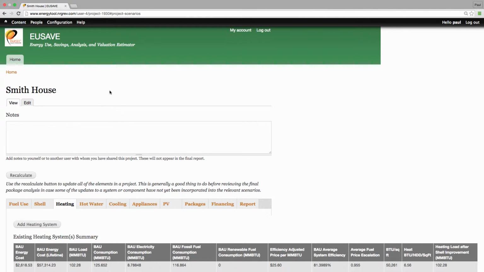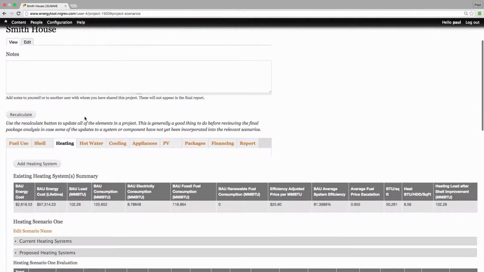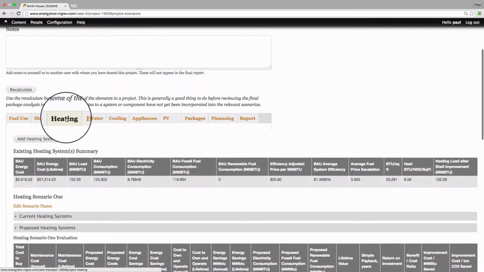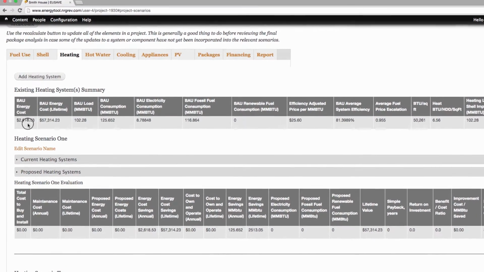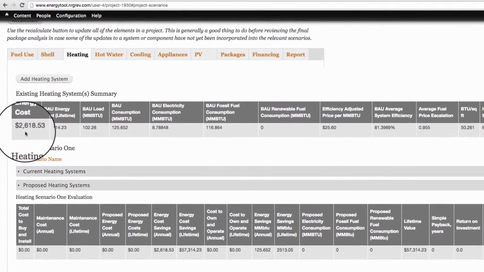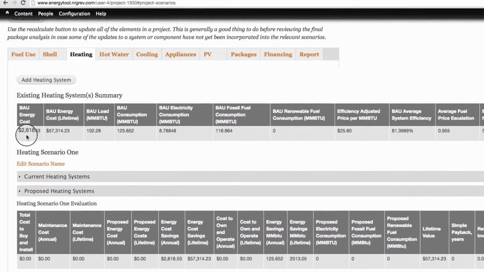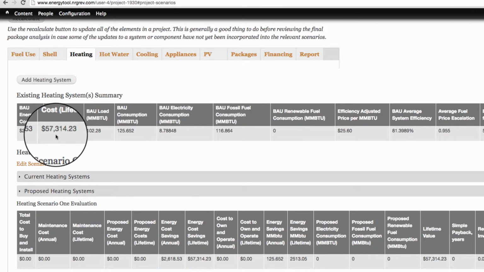We've landed now on the EUSAVE Heating System page. Let's take a look at what it has to offer us. Based on what we entered in the fuel usage, we've defined some heating systems already. The tool has calculated our energy cost per year, business as usual annual cost, our business as usual lifetime cost,